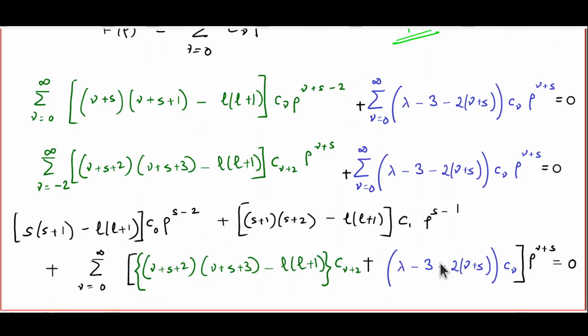Now, I will not go through the entire details of the power series solution or the Frobenius method. You all know what to do. You just take the power series c_ν ρ^(ν+s), a Laurent series to be more precise, and then differentiate it term by term and plug it into the differential equation. If you do all that, what you will get ultimately, after a lot of simplification, is a sum like this. You have a ρ^(ν+s-2) term, which essentially comes